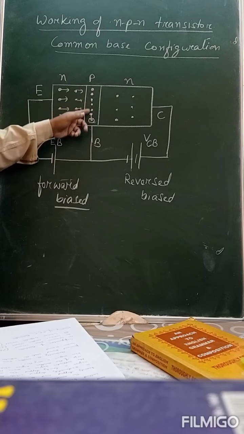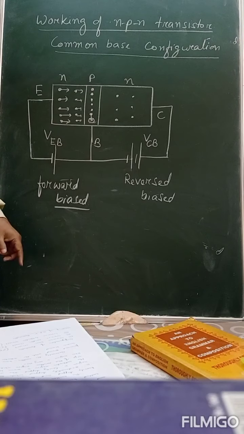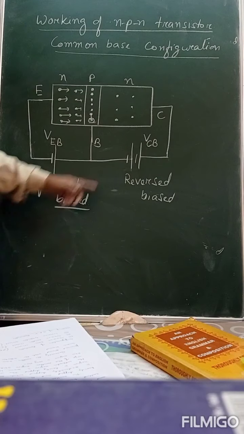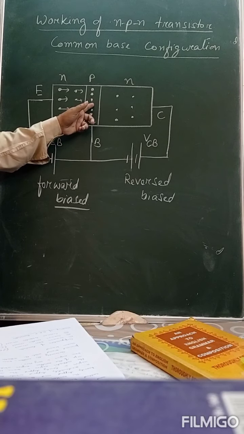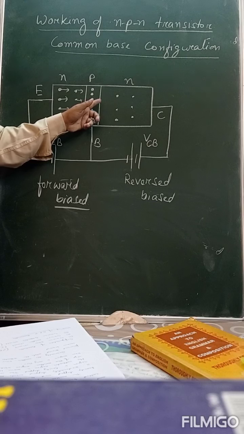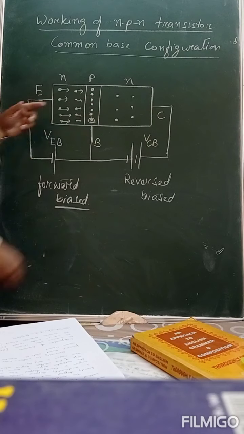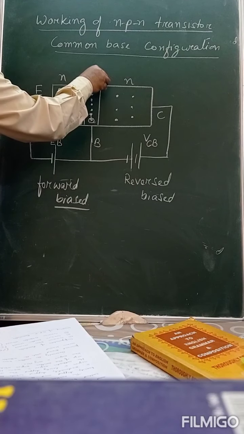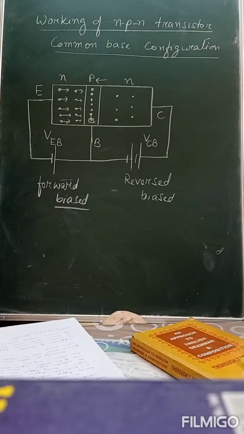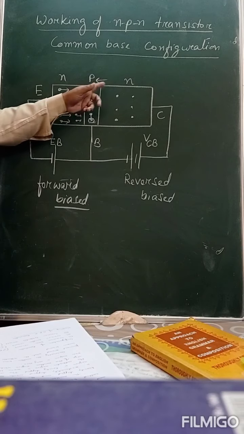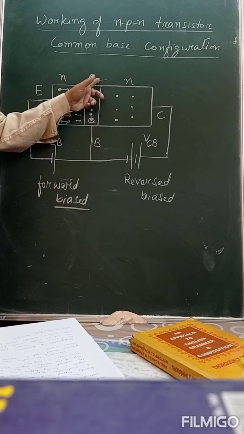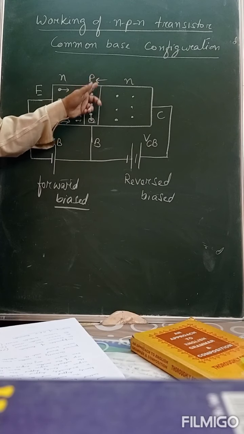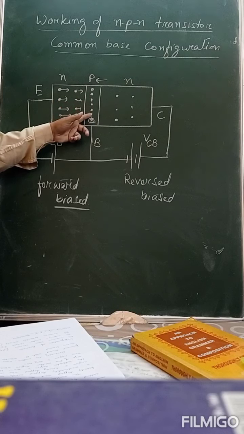So what happens to the remaining 9 electrons? Since the collector is reverse biased, the collector base junction is reverse biased. This is the contact potential, or barrier electric field. And due to the presence of this contact electric field at this reverse biased junction, these remaining 9 electrons